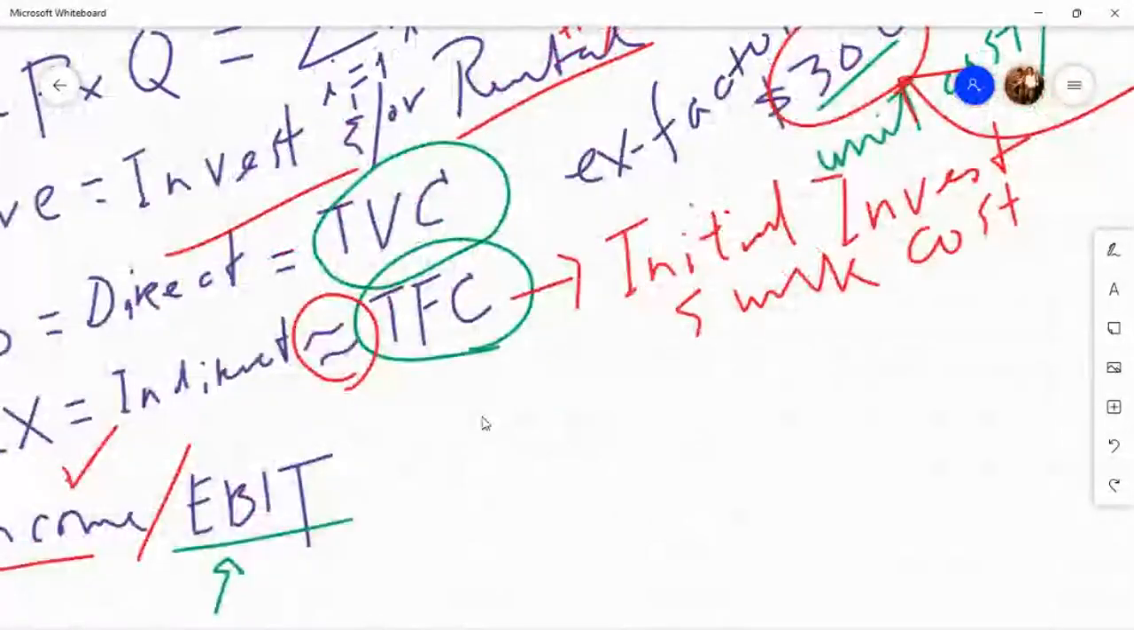I said OPEX, operating expenses, which is indirect cost, is called total fixed cost in microeconomics, but it's not exactly the same thing. I said it's roughly equivalent. Fixed cost mainly focuses on initial investment, which is also called the sunk cost. So what is the initial investment? Initial investment is literally